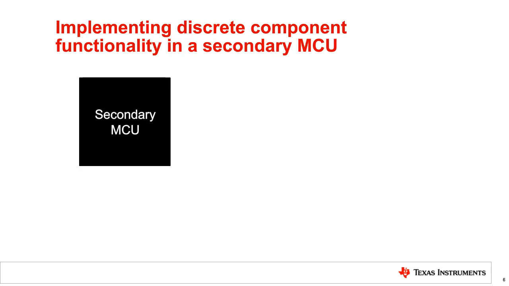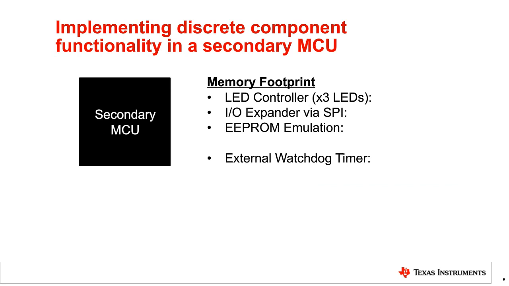So if we look at it from a memory footprint perspective, this helps us understand what kind of microcontroller we would need and what memory size we would actually need on our MCU to be able to integrate all of these discrete functions into a single MCU. The memory footprints that we're going to show right now, we're able to show you because we have software examples for each and every one of these functions. We have more than just this, and we'll show that at the end, but we do have code examples for MSP430 devices that basically do all of these different items, and that's where we're getting these numbers from.